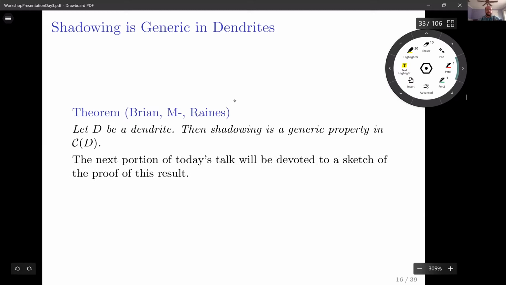All right, so the next portion of today's talk, we're going to walk through a sketch of this proof, some pictures, we're going to talk about some things. We're not going to write anything down super duper carefully because I think it's not really conducive to the medium we're talking about,